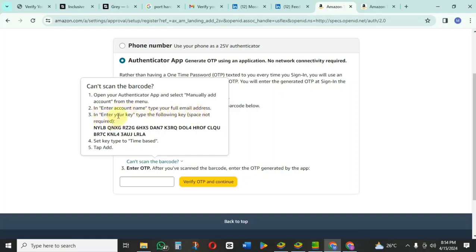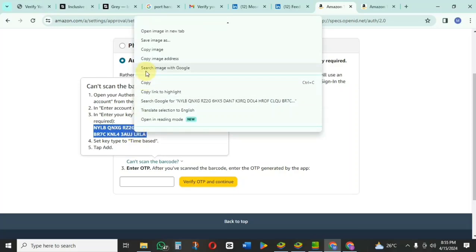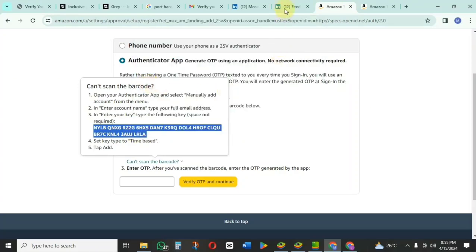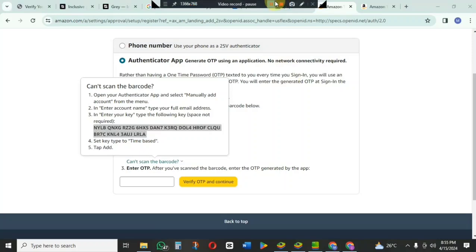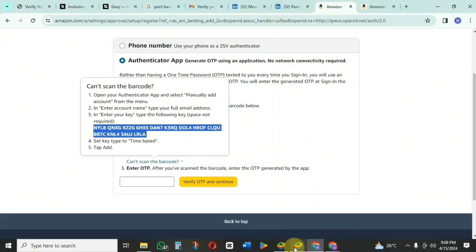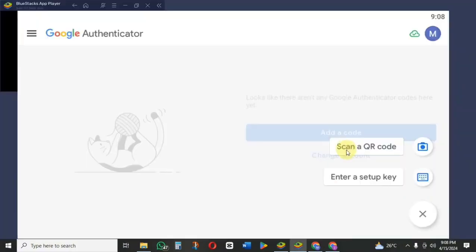Then the third option is enter your key. Type the following key, space not required. So the next thing you have to do is copy this code. This is the code that you use to paste on your Authenticator app. So copy the code. Once you copy the code, the next thing you have to do is to go to your Google Authenticator app, right? So once you've copied it, just go to your Authenticator app, you understand,